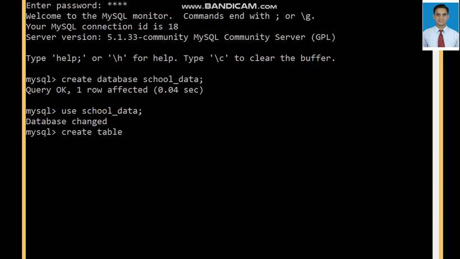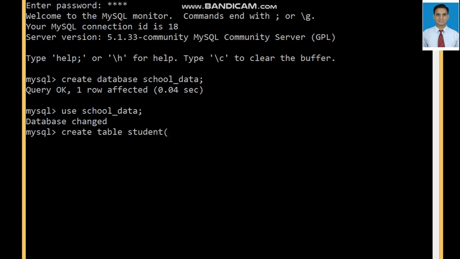The syntax for creating a table is create table and then the name of that particular table. Let us keep the table name as student, and in this student table, we will keep two or three fields.